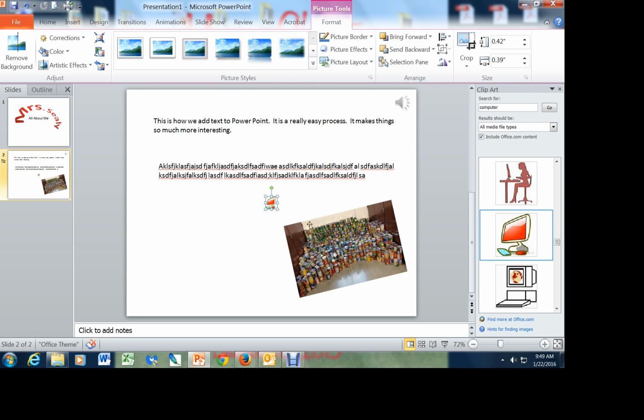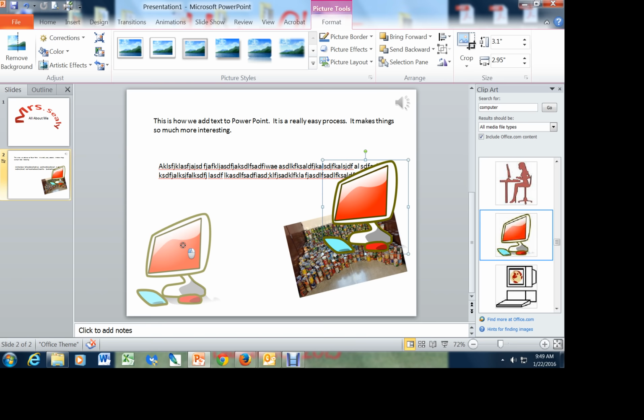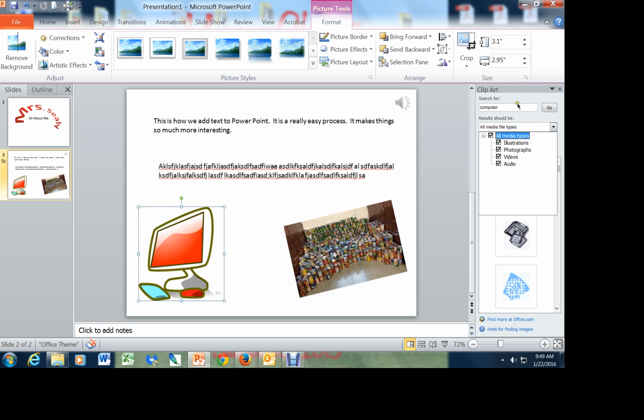Just like with the regular picture, I want to resize it from the corner. I can make it as large or as small as I want. I can move it around, put it wherever on the screen that I want it to be. And right here, if you choose All Media Types, if it has any sound clips that relate to this, it'll put them in here also. I'm going to search specifically for, how about